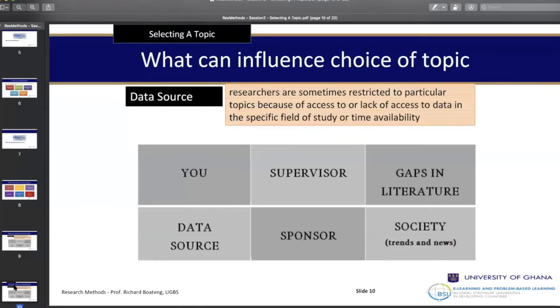Another factor that could influence the selection of a topic is your data source. Some students want to select data from their company or from a company that they have access to. It's not wrong, but make sure that the topic you have selected can fit the company. A student chose that he wanted to do a study on bad accounting practices. And he went to choose a company that had good accounting practices and was not finding any bad accounting practices. So he was taking a question to, why don't you have bad accounting practices? What I'm trying to emphasize here is that if you don't take care, the topic you may have may be a misfit with the organization you have selected.